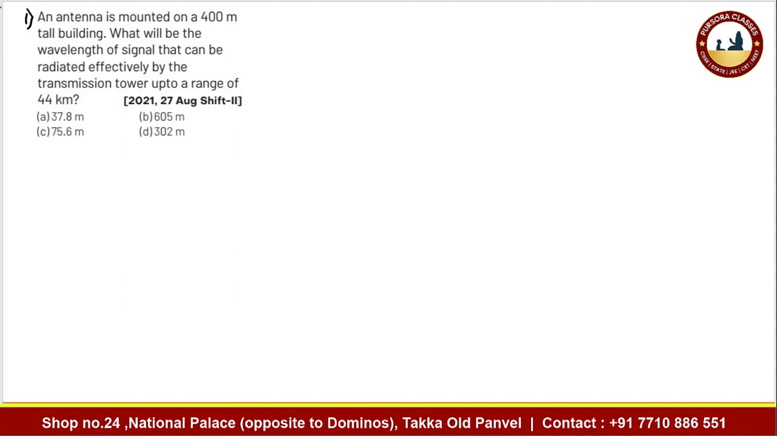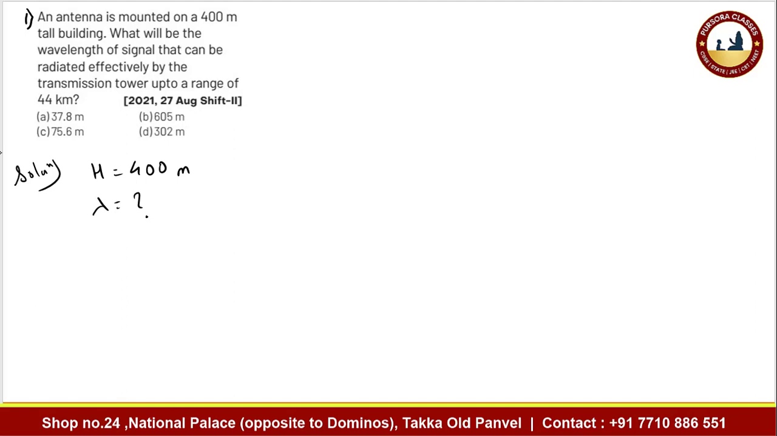An antenna is mounted on a 400-meter tall building. So in this numerical, the data is given that the building is 400-meter tall. Capital H is the height of the building. What will be the wavelength of the signal that can be radiated effectively? So we have to find the wavelength of the signal that can be radiated effectively by a transmission tower up to a range of,